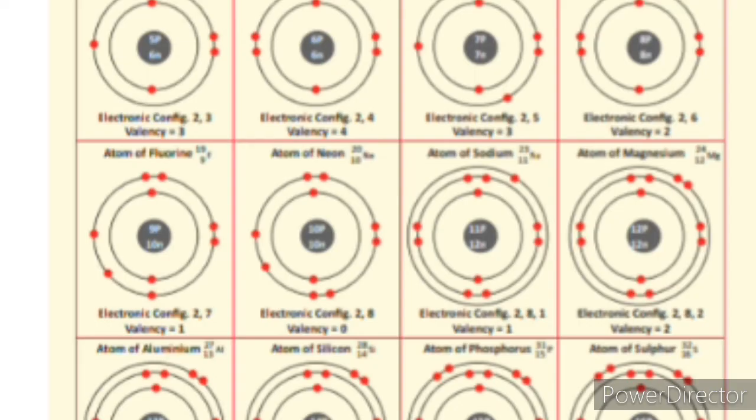Now your homework for today is on page number 131. Look at the screen, children. On page number 131, you have the geometrical representation of the atoms of the first 20 elements. See to it that you draw the geometrical representations of all these 20 elements in your classwork and submit your classwork in the school office.